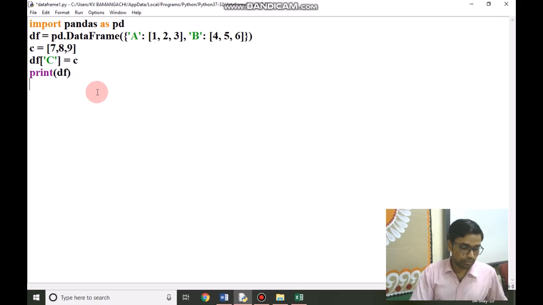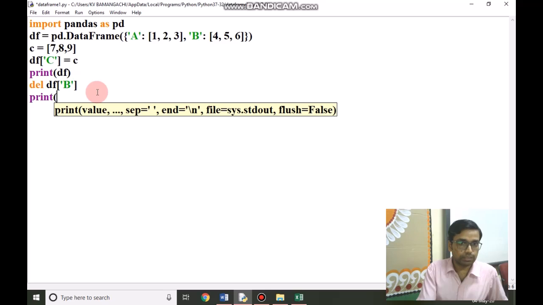After deleting, del df, I'm giving here column B. Now we will print the data frame after deletion.